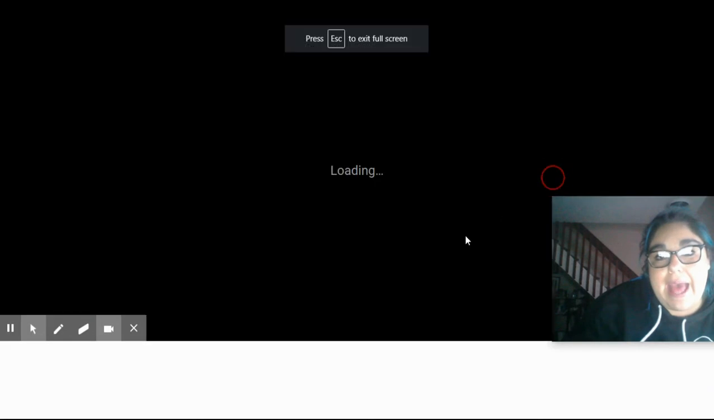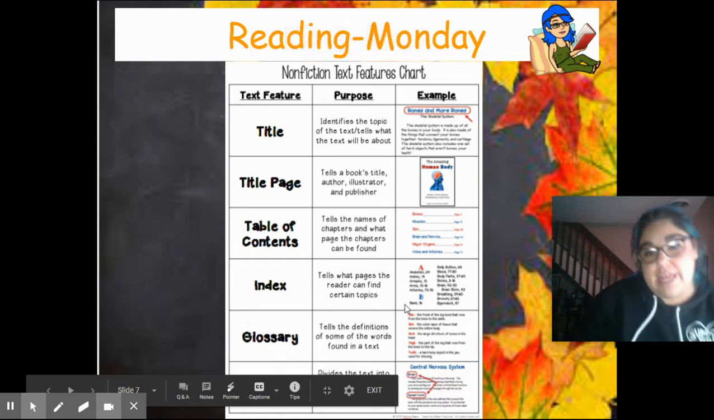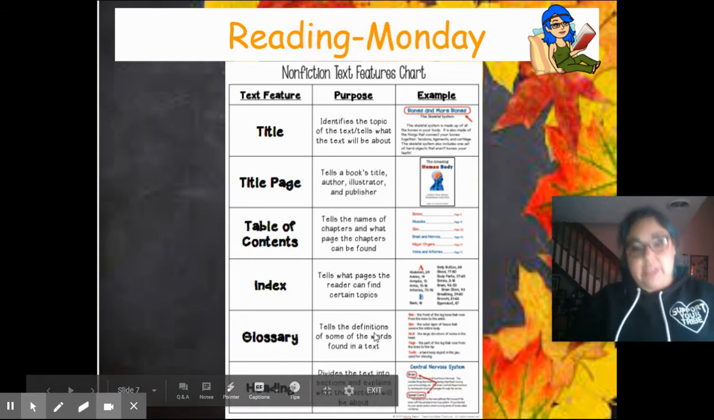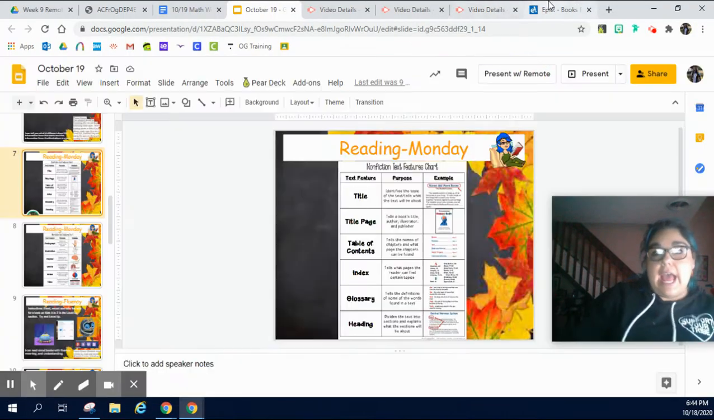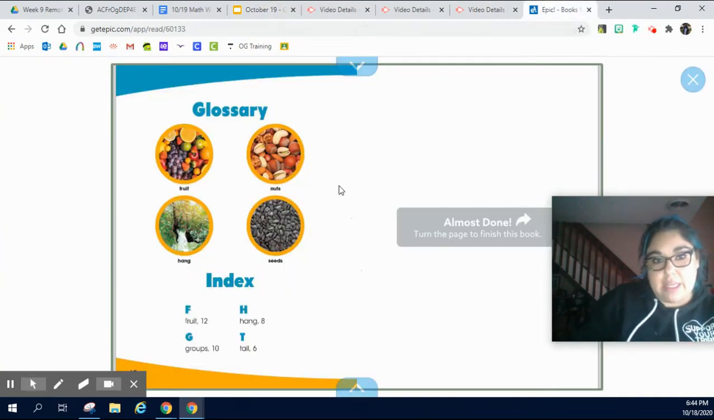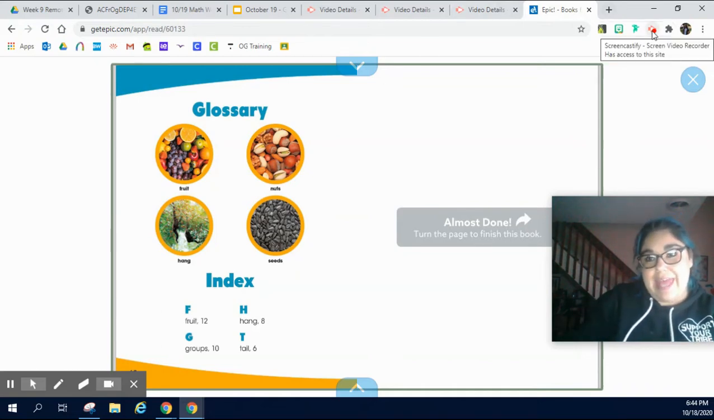Now we have a glossary. The glossary tells us the definitions of some of the words that are found in the text. Again, the glossary is in the back of the book like our index is. It's right here. See, so this is fruit. There's a picture of fruit explaining what fruit is, okay? And then we have